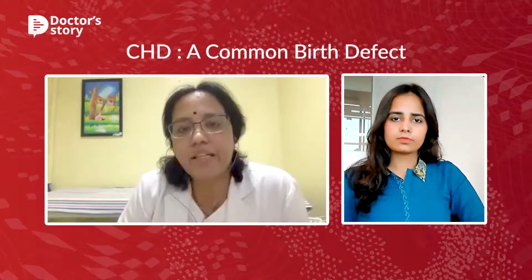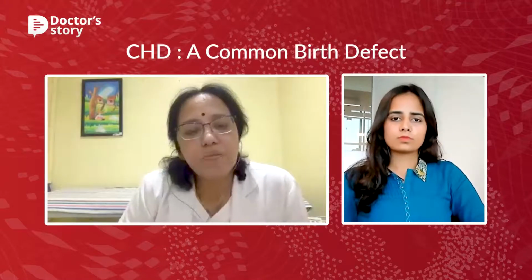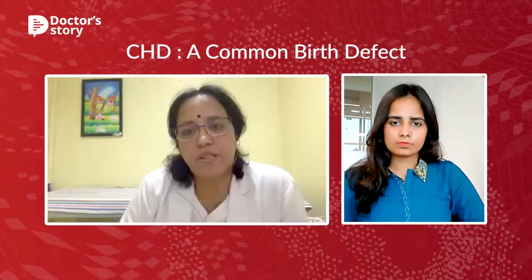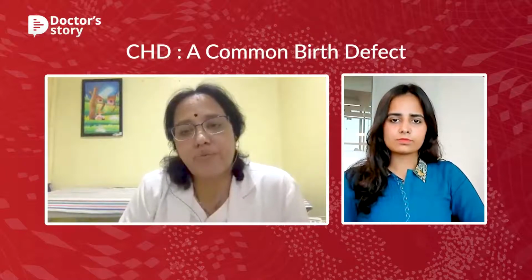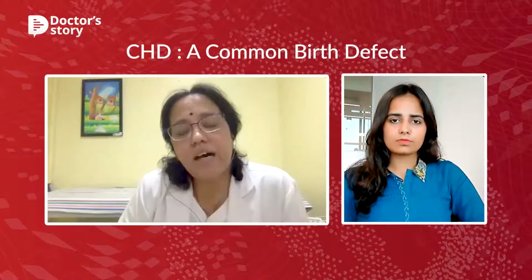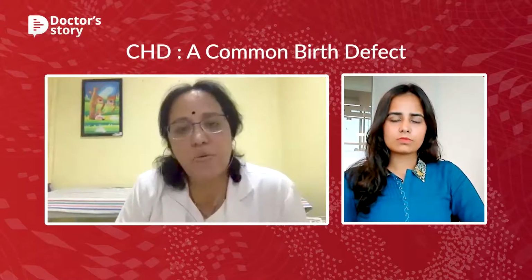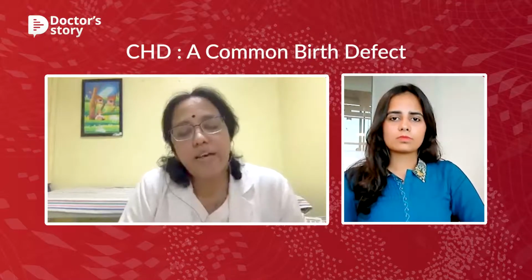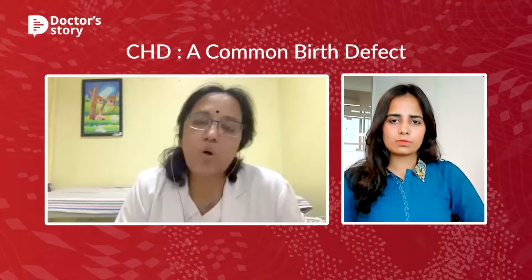That is when we need to intervene. So small defects like holes in the heart or some kind of obstruction to the blood flow in the heart, like what we commonly call the septal defects. There are atrial septal defects and ventricular septal defects. Some of these defects need intervention when the effect of these holes on the heart is really significant. They can be intervened either by surgery or without surgery.